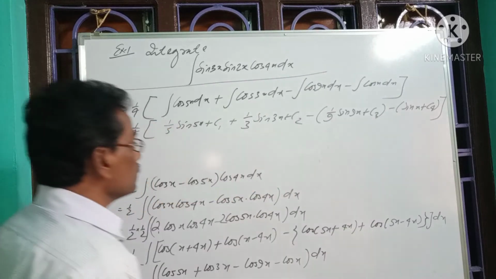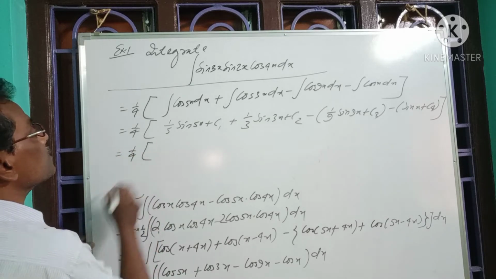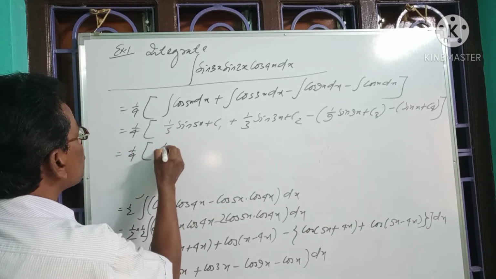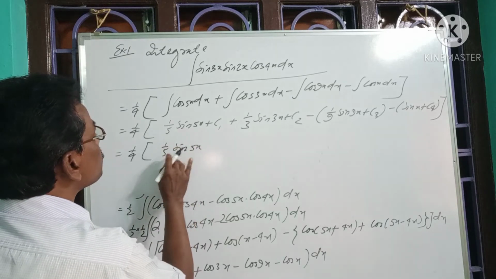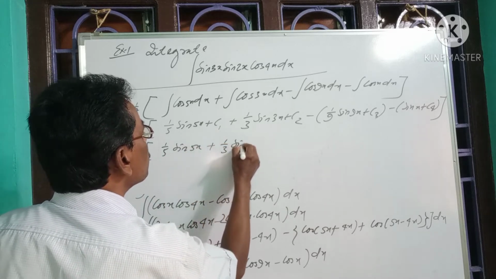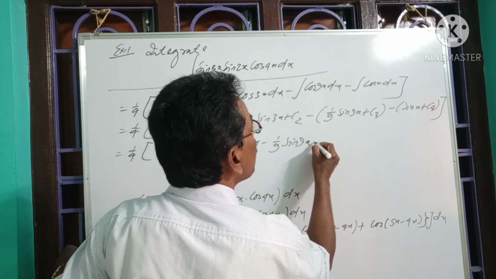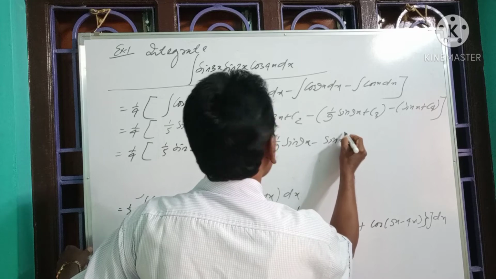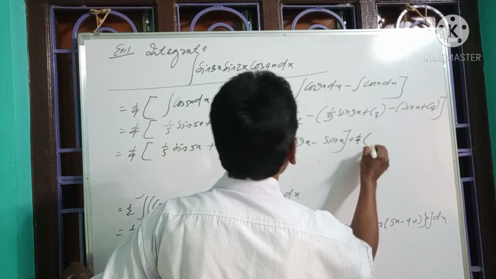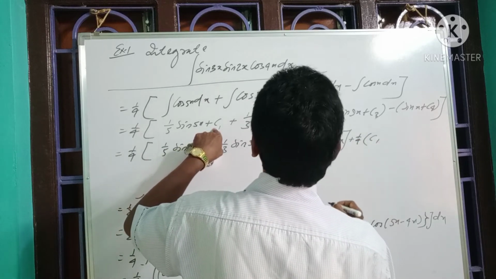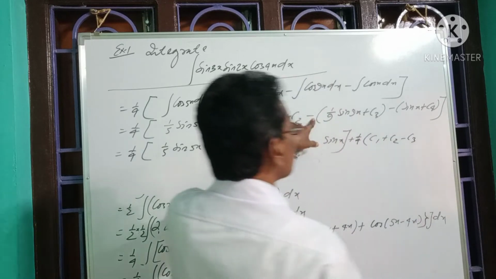So now after integrating, collecting the functions, we have 1 by 4 whole into 1 by 5 sin 5x plus 1 by 3 into sin of 3x minus 1 by 9 into sin of 9x, at last minus sin x. Again collecting all the constants, we have 1 by 4 into c1 the first constant of integration, then c2 the second constant of integration, then minus c3 the third constant of integration, then the fourth